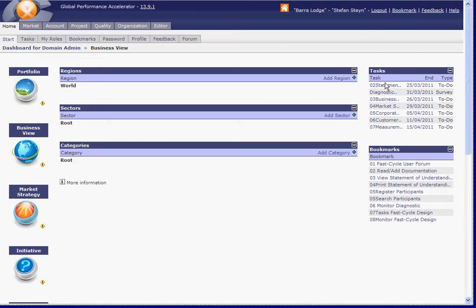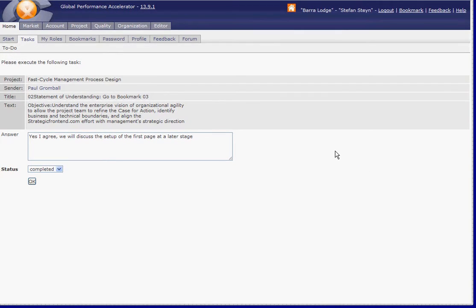So for instance, the first task is creating a statement of understanding, and if you click on this task, it says exactly what you have to do, and you can give an answer to it.